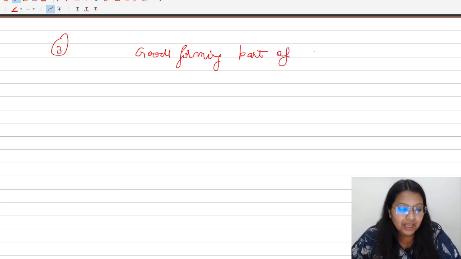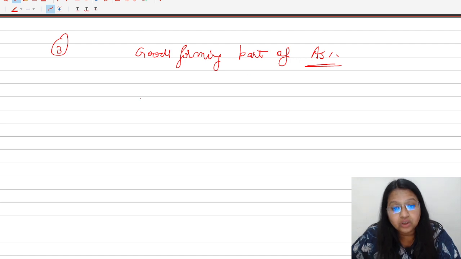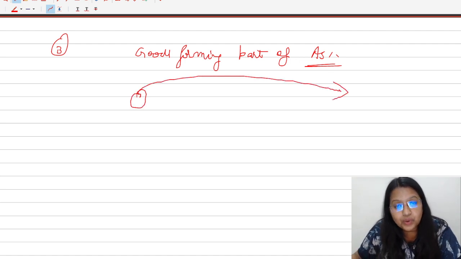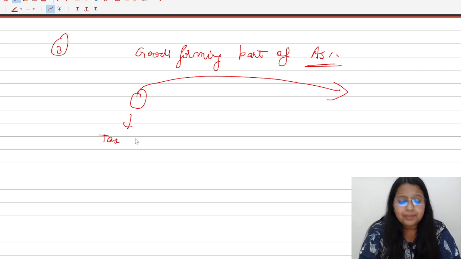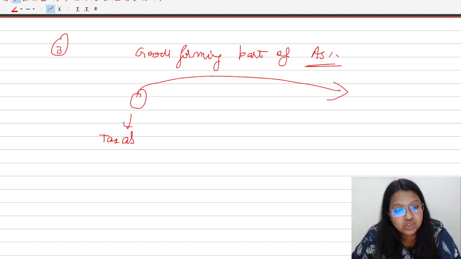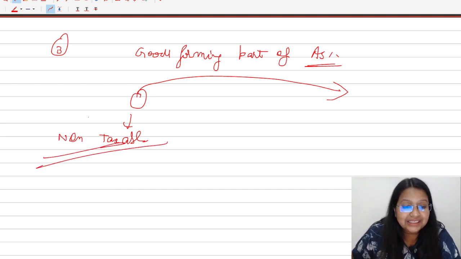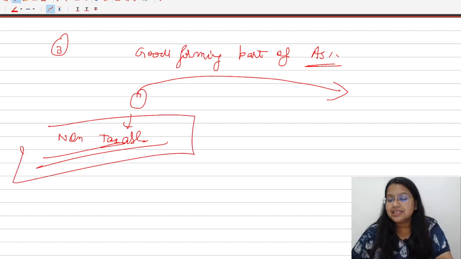So if you are having any kind of goods or any kind of assets which are part of your business, and now the person who is transferring those goods to another person ceases to become a taxable person. It means either the person has cancelled the GST registration or the department has taken the GST registration from that person. It means now the person is not a taxable person. He ceases to be a taxable person, means now he is a non-taxable person. So students, in this case, it is specified in the activity schedule number 2